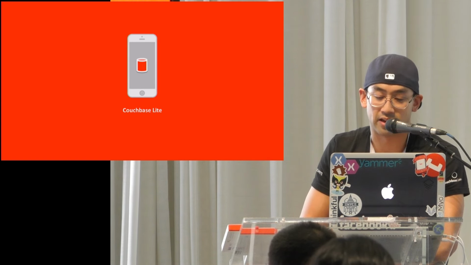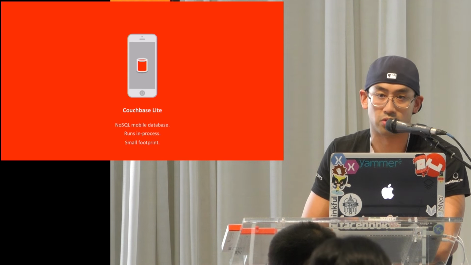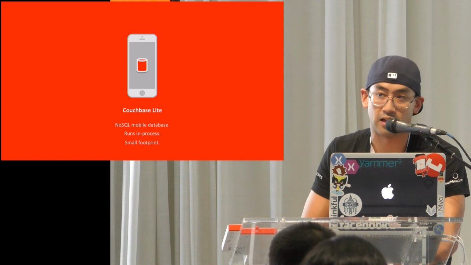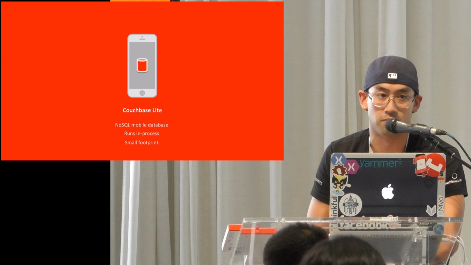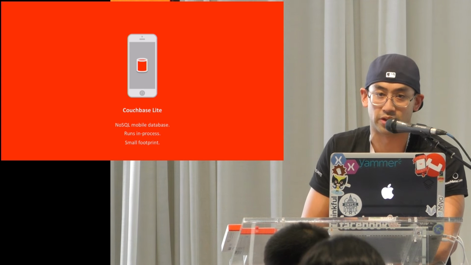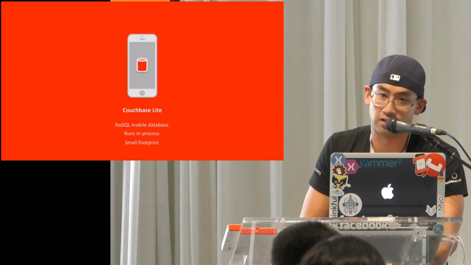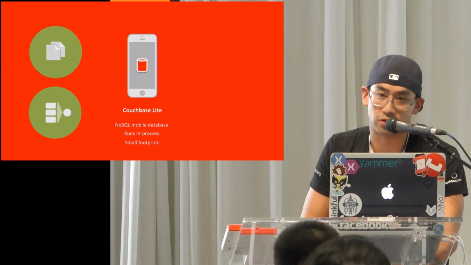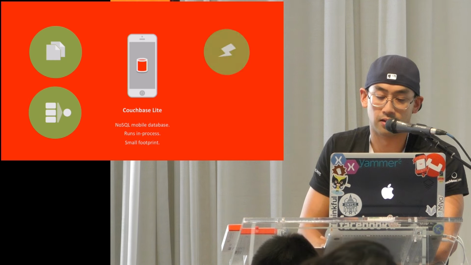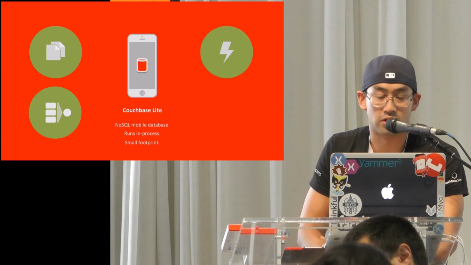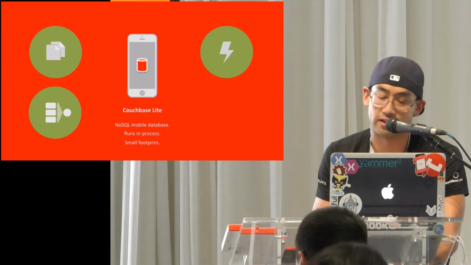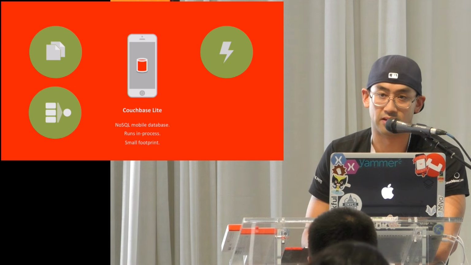Couchbase Lite, like I said, is the NoSQL library, so you're writing JSON files as a database. It runs in process with a small footprint, 600 kilobytes. Any features you don't want, go build from source on GitHub and rip them out. I've gotten it down to about 400 KB. It runs on my Raspberry Pi, so it runs on embedded devices. It's a document-oriented database. We do MapReduce for our indexes and queries. Event notifications are abstracted out, so you can create a listener or background thread anytime something changes in the background, take that, render it to the UI, and do something. You don't always have to be listening for it.